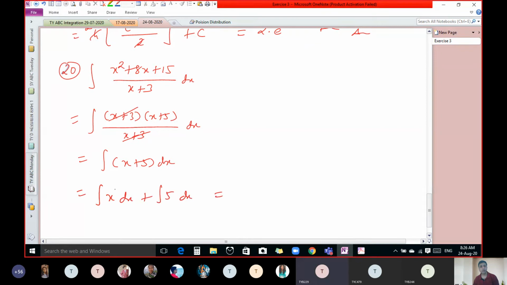Sir, can't we do the integration of a linear function here? Which linear function, the one below? No sir, since it is x plus 5, the formula we had, x plus 5 raised to n, its integration. Very good. It is possible. Yes. You can do like this. No problem at all. And you can do the separate integration. Both are valid.